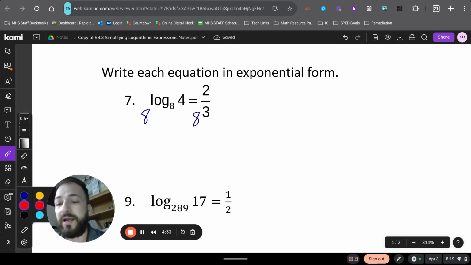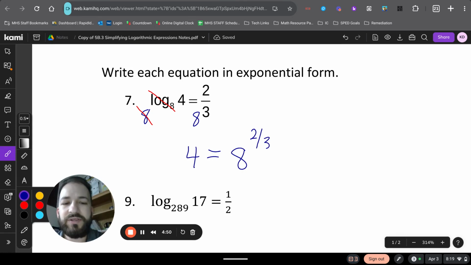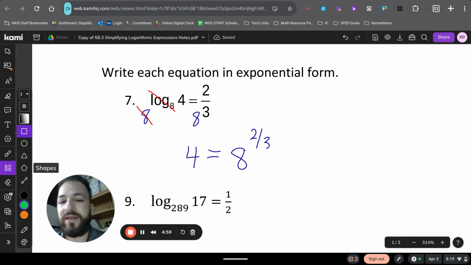Over on the left side, my exponential base of 8 and my log base of 8 are going to cancel out. Over on the right side, my base of 8 is not going to cancel out because I just have that base of 8. So my new equation would be just 4 is equal to 8 to the 2/3 power. So when I take that base of both sides, because I'm doing that inverse operation, I should get it to cancel out on one side,